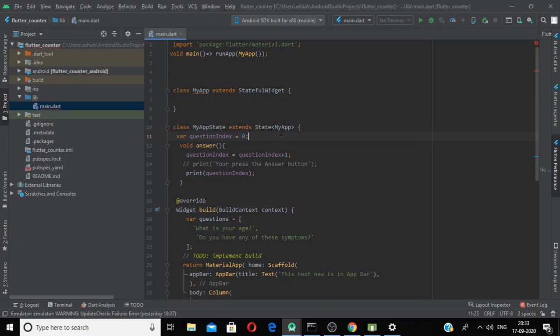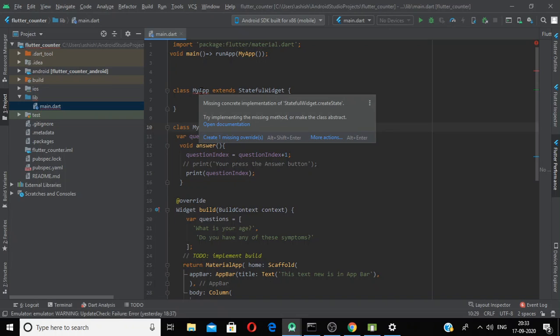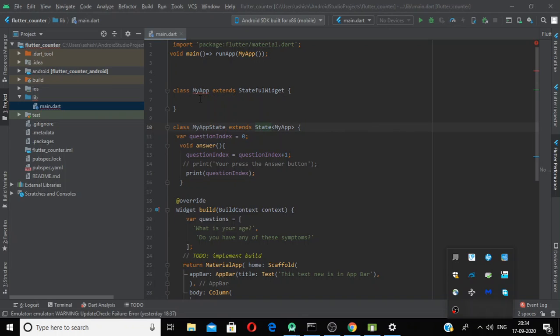This pointer tells Flutter that this state belongs to this my app class. Now this is one part of the connection, and for the other part, the other way around, we use the create